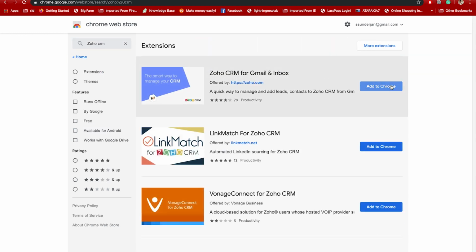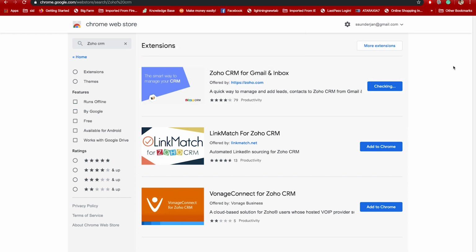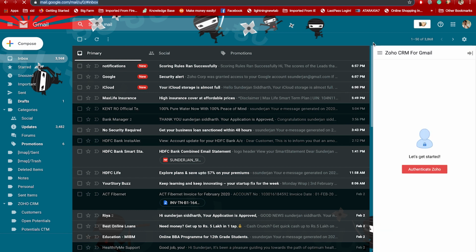Now this plugin is just for Chrome. Add your extension. And it opens up your Gmail. And that's your CRM.